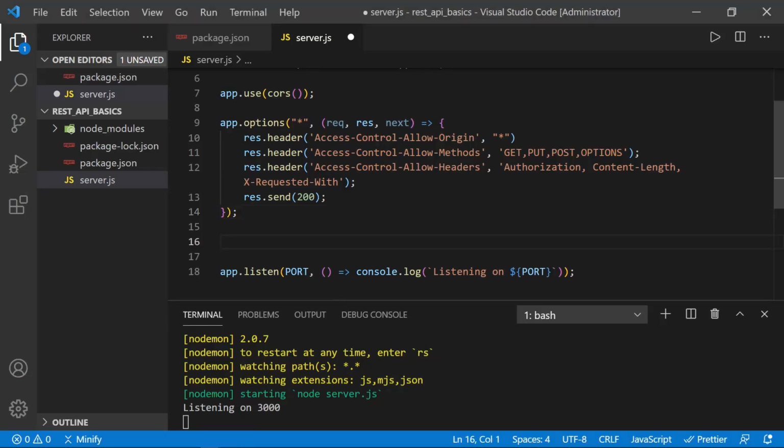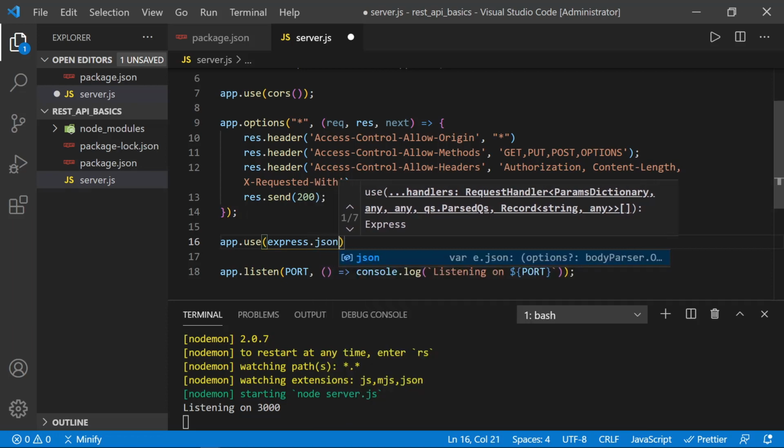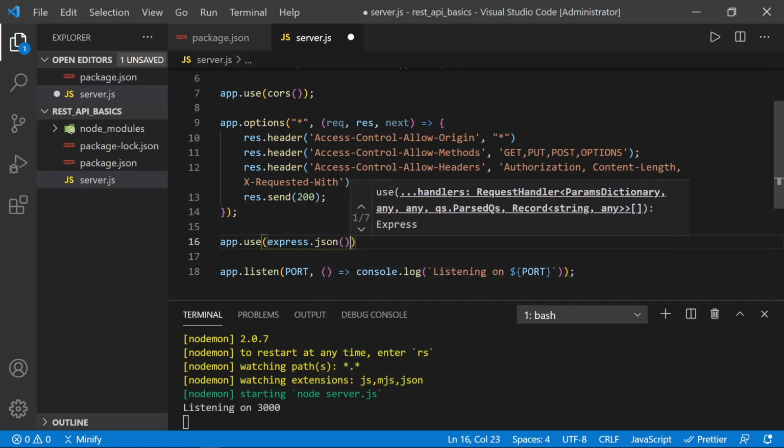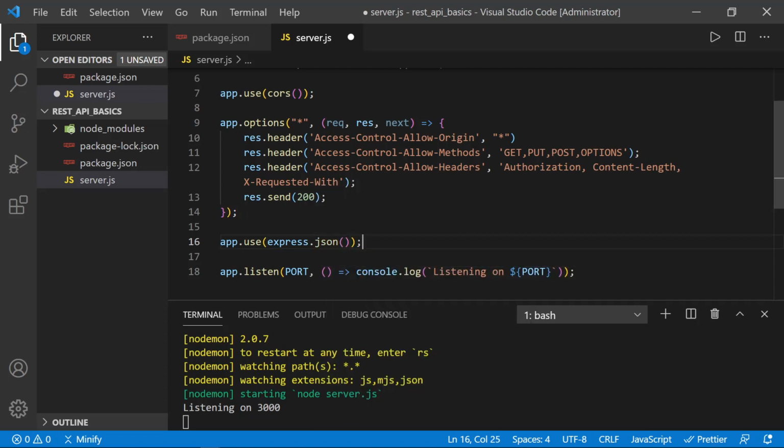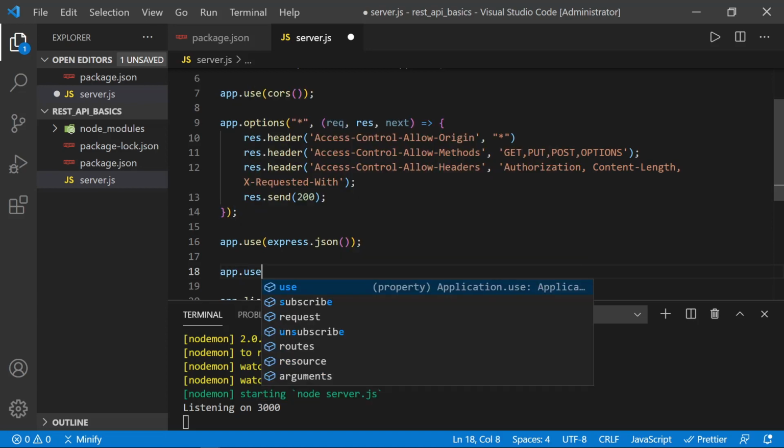After we've provided that, we can go ahead and say app.use, and this is middleware again. And middleware is a function that applies to our routes, and we're telling the app to use this on all routes. We're not specifying any route in particular, any endpoint, which would be an address that you would request information from. So we're using JSON, and we're also going to use